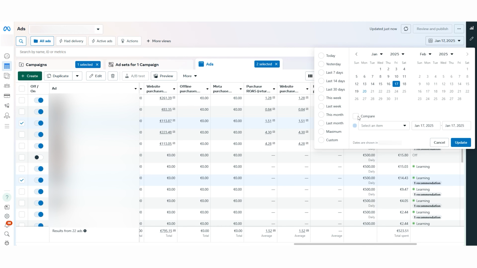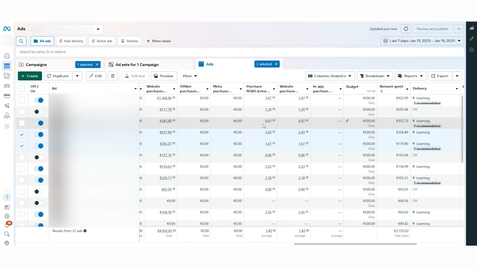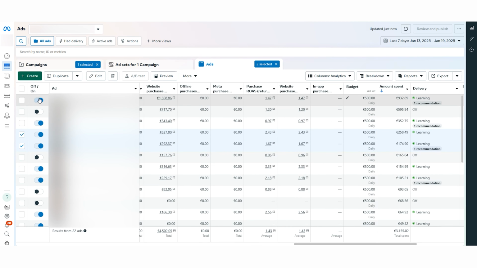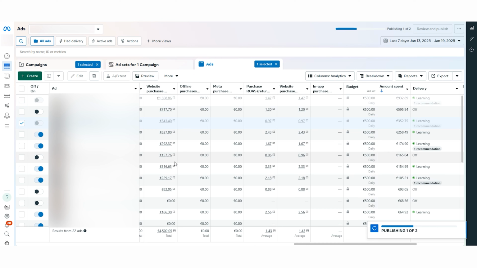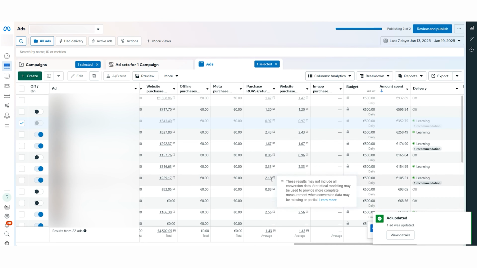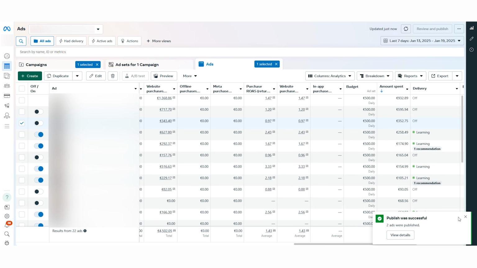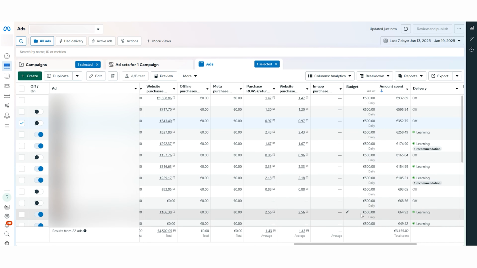Okay, so these are the two assets that we're going to bet on, okay? So basically we're going to close this and this. And we're just going to see if these two new ads are going to do better, okay? We're on 1.43 with only 500 spent, so we have the luxury of doing that. If it works, it works.